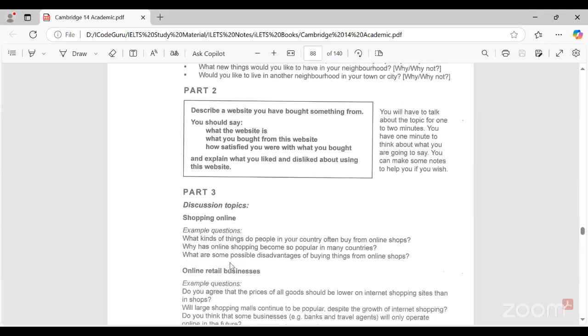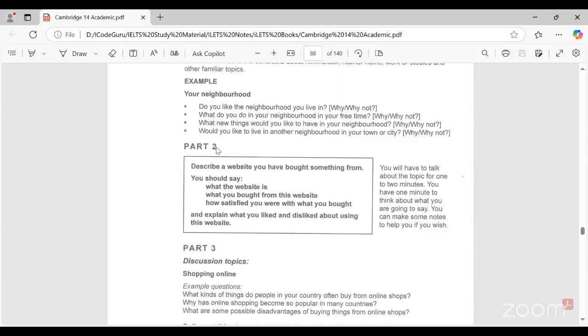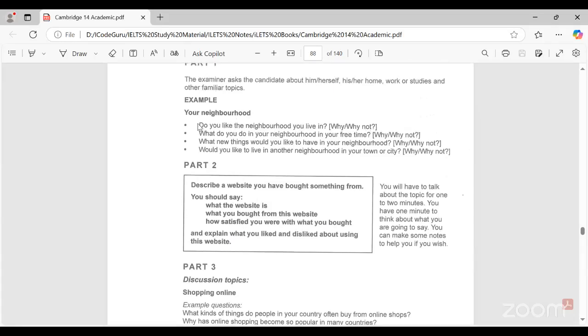So you can say this is a part three question, but they are general discussion, not about yourself, and these questions are related to part two. So for the follow-up question, when you stop after 2 minutes, then you will be asked the question. So try to practice this test and try to identify your weakness area. What are your weakness areas, like